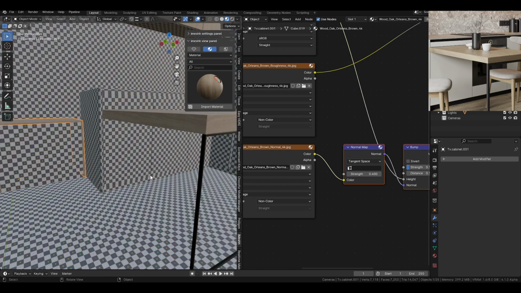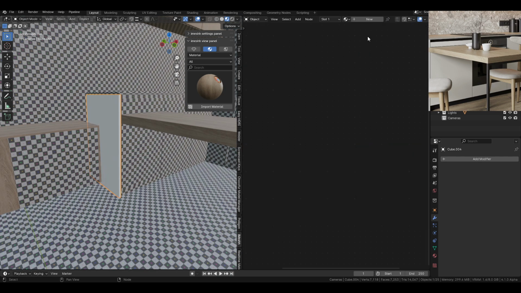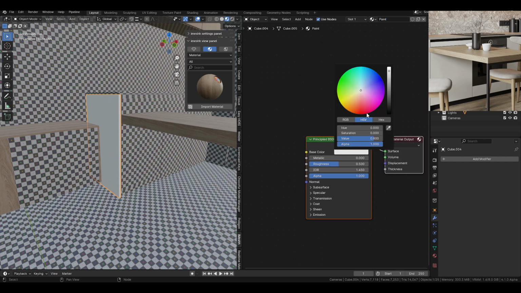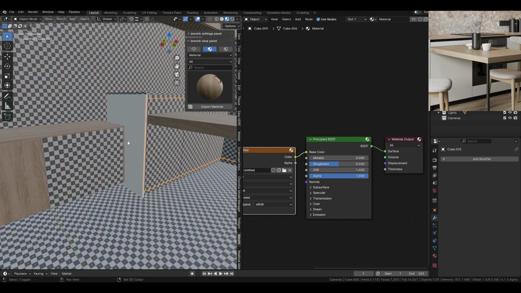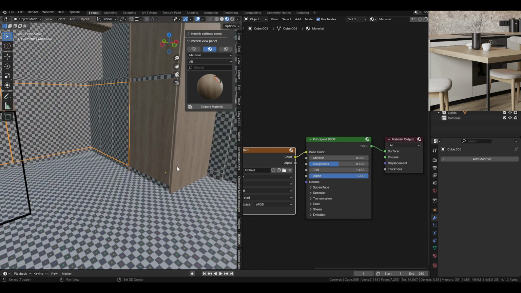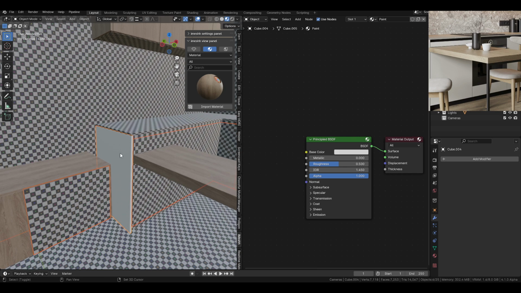What we need to do now is to apply the standard material. So for this I will delete the UV grid and add a new one and name it paint. And for the color I will change it a little bit like this, make it D2 for example, as you want. You can make the color as you want, and I will apply the material for other parts that have the same color. I will select these and these and select this and select the wall and click this last and